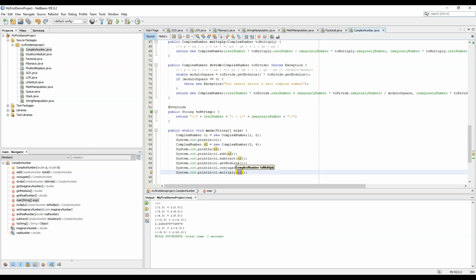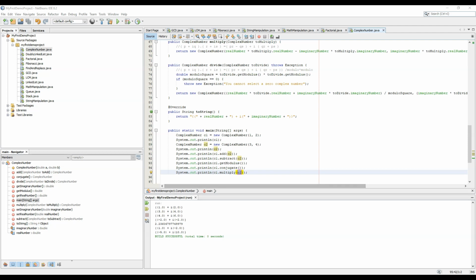Just a second. So it is 1 into 3 minus 2 into 4, that is 3 minus 8, that's minus 5. And the second part is QR plus PS, that means 2 into 3 plus 1 into 4, that is 6 plus 4, 10. So the answer is correct.